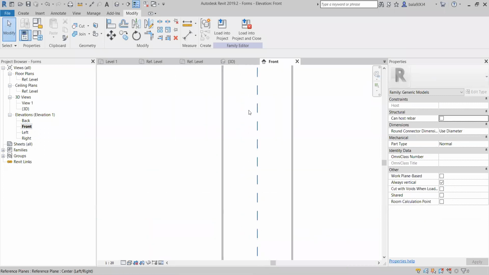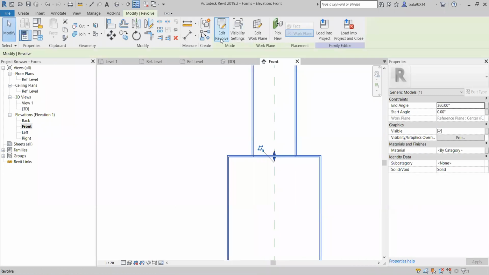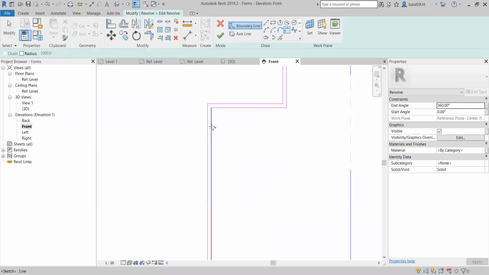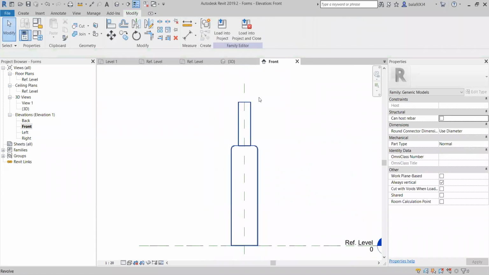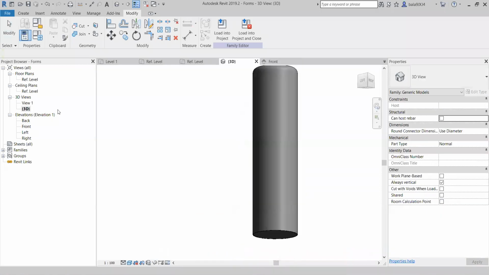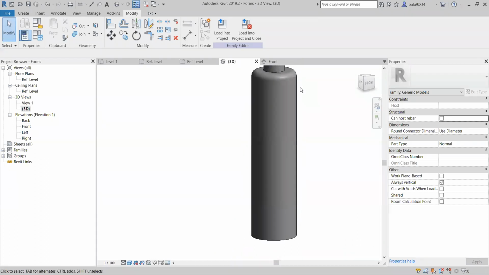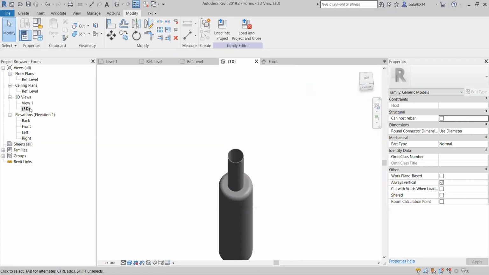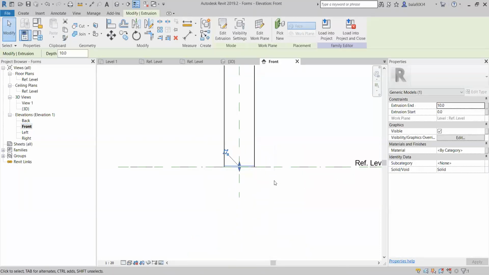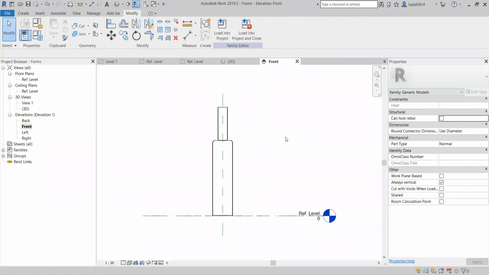Now I want to make it with a slightly different curvature. I will go to edit, revolve. I want to use some sharp edges, like this. We can use it according to dimension. Now, for this we use two commands. One is a revolve, another one is an extrusion for the bottom. Like this, we need to use a different combination of commands.